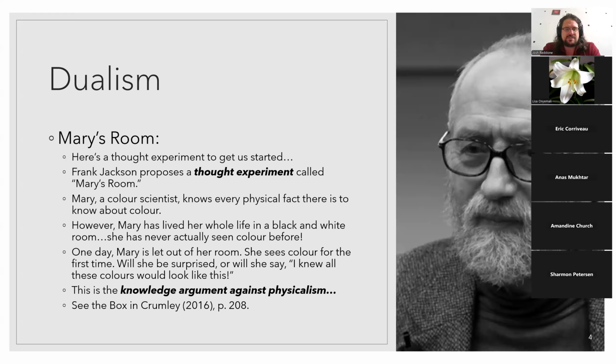I think it has something to do with what you allow Mary to actually know in the thought experiment. Daniel Dennett argued that if we think that Mary will be surprised, we've broken the rules. We haven't allowed her to know everything about color. Now, Dennett is a physicalist, so Dennett says if we really allow Mary to know everything about color, she would know what red would look like, right?